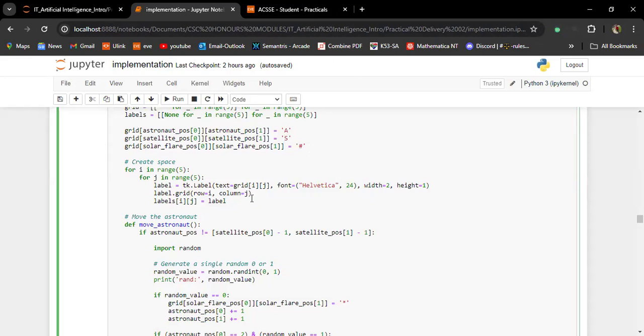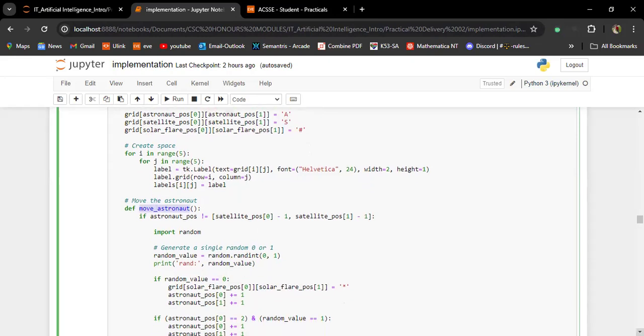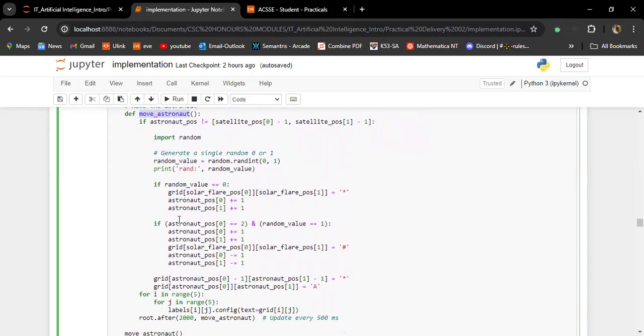Then we define the move astronaut function, which will be moving our astronaut diagonally in our interface. We check if the astronaut has not yet reached where the satellite is.